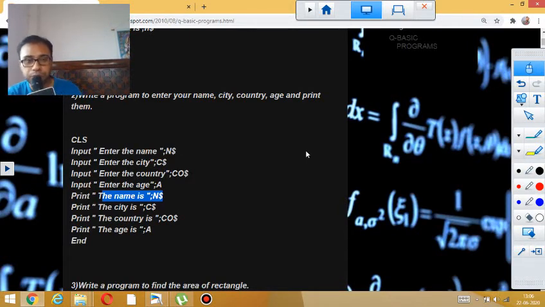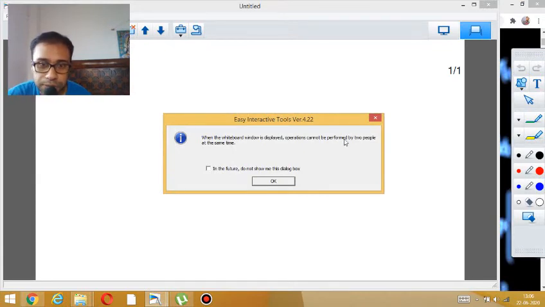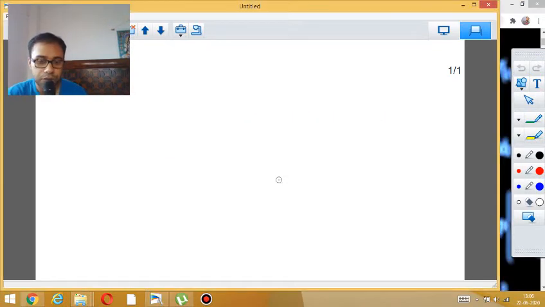Alright, so I'm giving you an assignment here related to QBasic programming which you will do. That means you have to do the QBasic program by yourself, just try it, related to the same type I have taught you now.